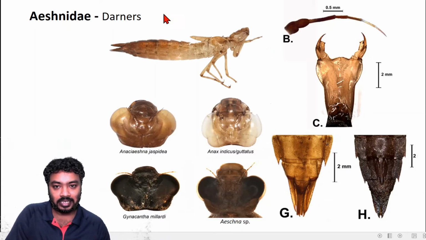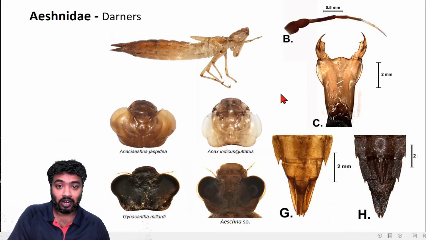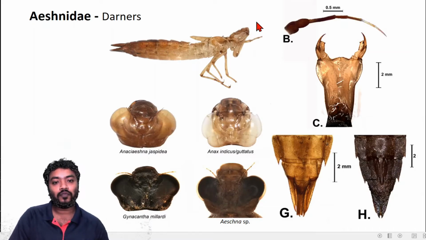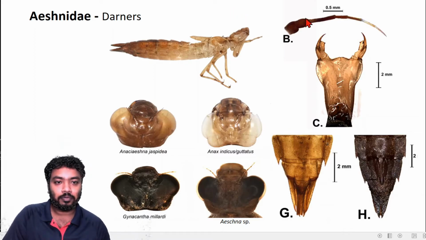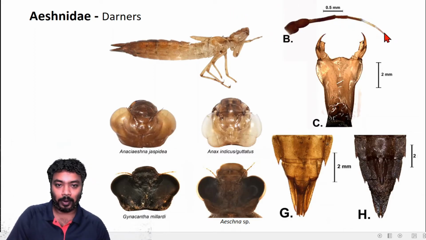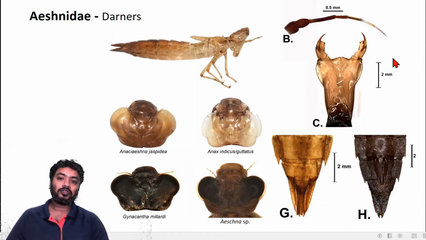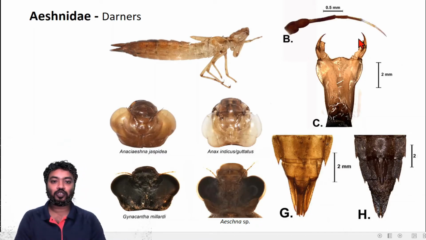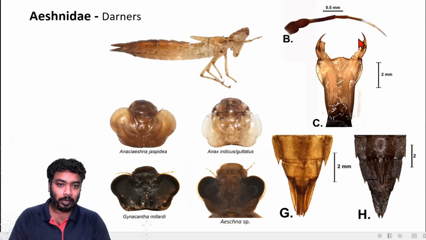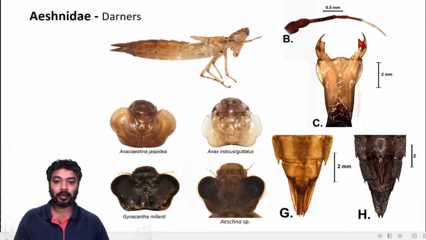So sometimes this is the dragonfly, this is the darner exuvia, and the size may be 4 to 5 centimeters. So it's quite big in size. The antenna will always be 7 segmented. The labium will be flat. Okay, so the basic character, first thing you have to look at is the labium. If it is flat, let me show you the other 3 families first, then I will tell you how to differentiate between them.